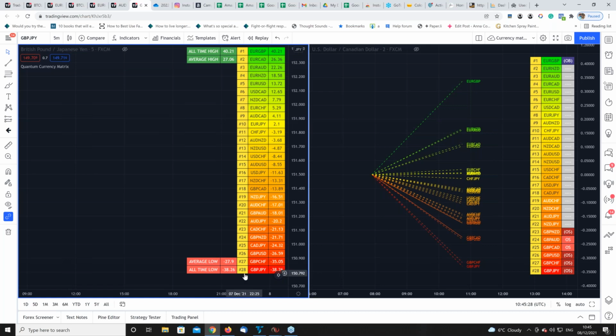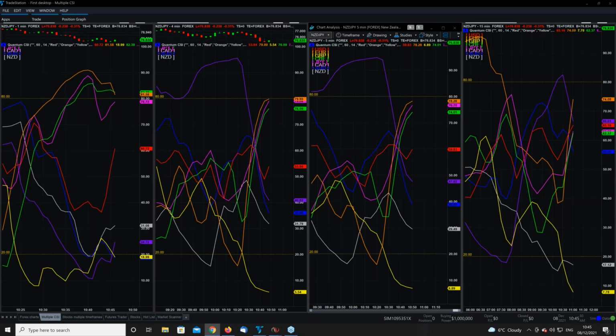And when we look down here at the bottom, you've got exactly the same thing, all-time low and the average. So this is well oversold. This is well overbought in that sort of context. And in addition to that, we've now ported this over. We're working on, as many of you know, work on NinjaTrader. So we've brought that over across to NinjaTrader as well, and we're just working on that also.